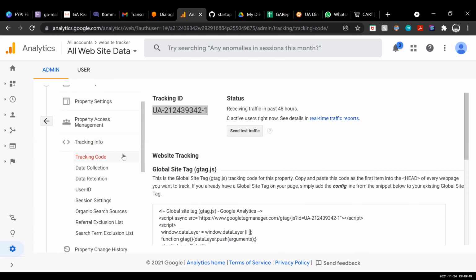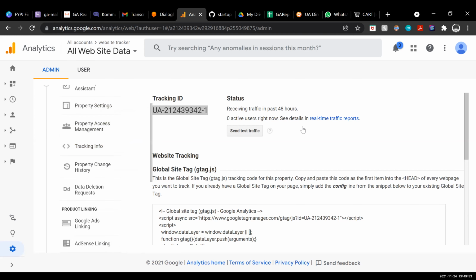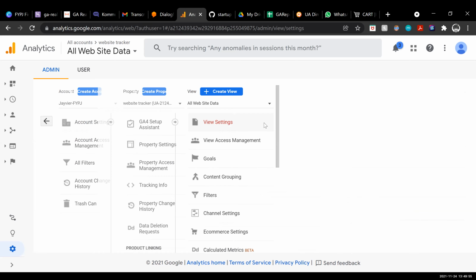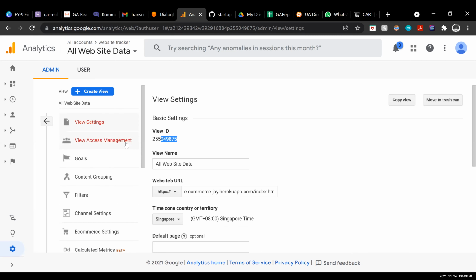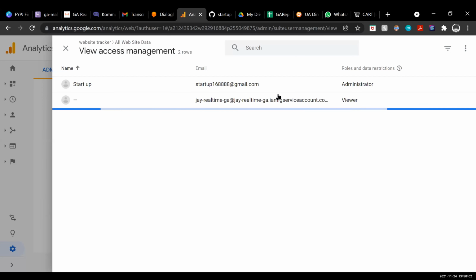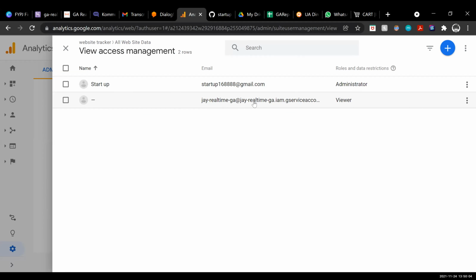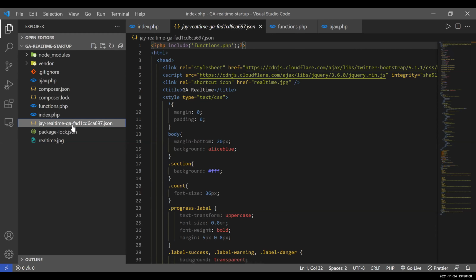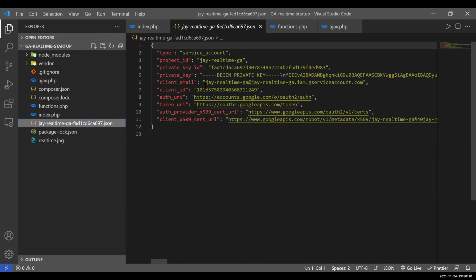This tracking ID and this view ID. View ID. And then the view access management also. Then you add your own email inside, because when you create the key, they'll give you one private email. So you just paste inside.